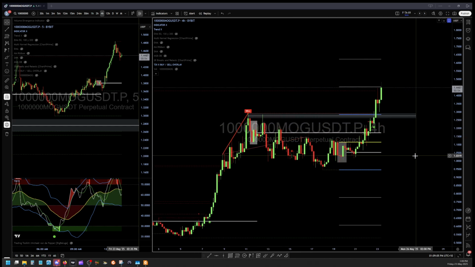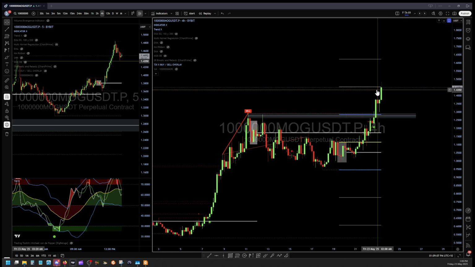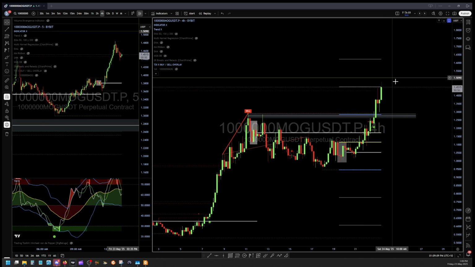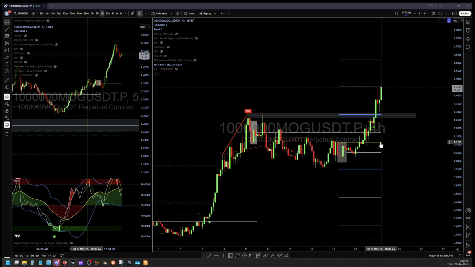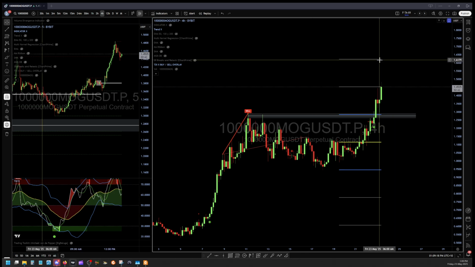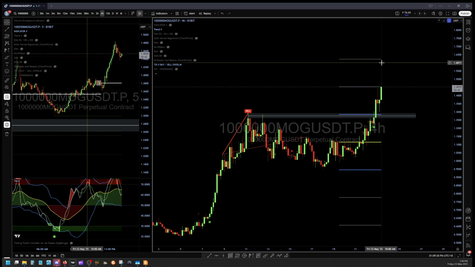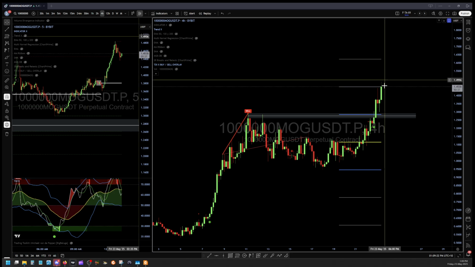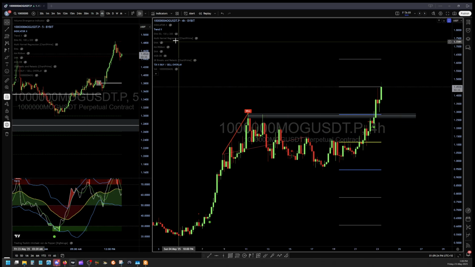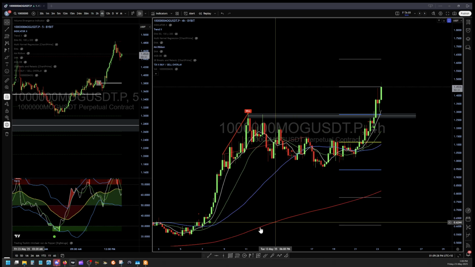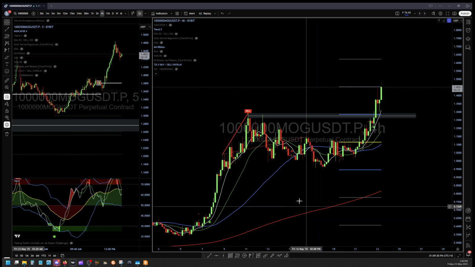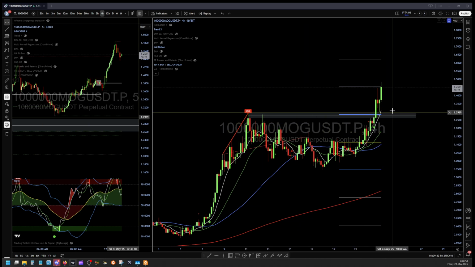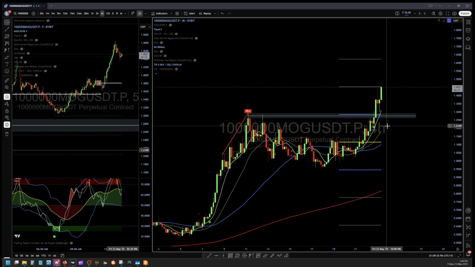But I still wouldn't short this, because it took this liquidity and then it started going up again, and this is a super narrow. So there's a good chance that this sucker is wanting to go up to TP2. I mean, we've still got some time in the week. We've got a few days, and this thing has got momentum. It's got strength. These moving averages are very expanded. This is a show of strength. I would not be shorting this